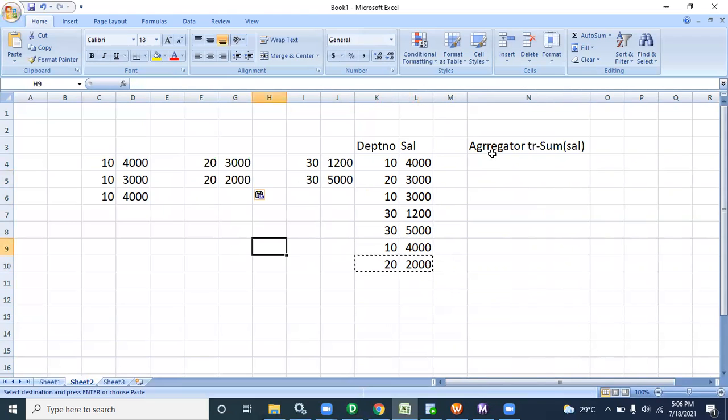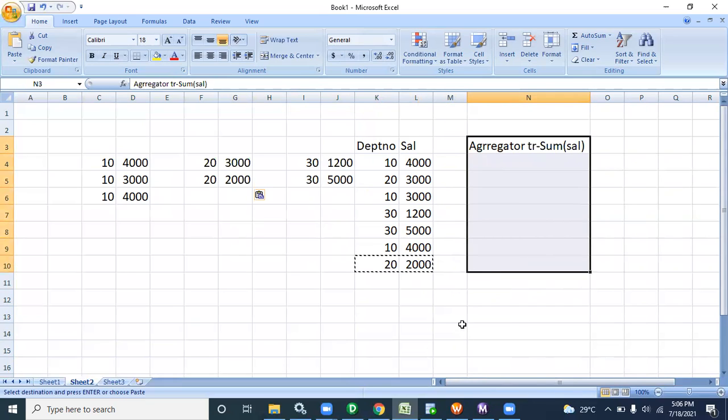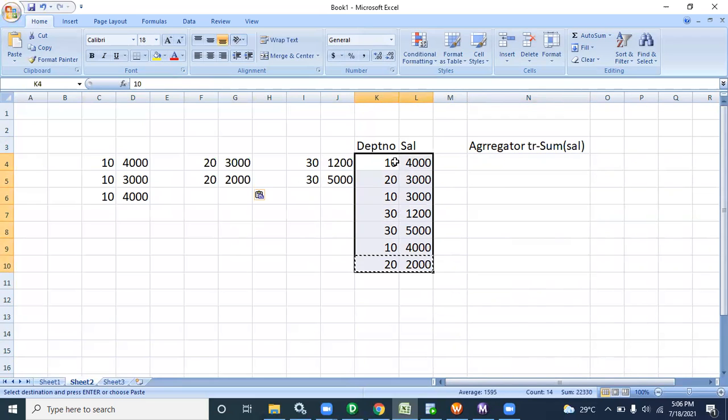That means the aggregator transformation does not know, in Informatica I am talking about, not in a database, it will search all records for 10 only, or 20 or 30 only, because the aggregator transformation does not know the order. Maybe there is a chance that department 10 is first and third. If the search fails, maybe there is a chance that at the top or bottom of your records, you will get a 10 record again, right?